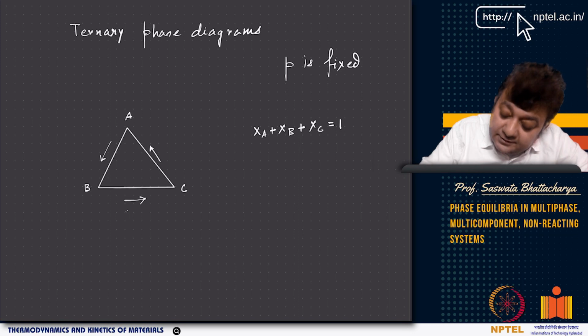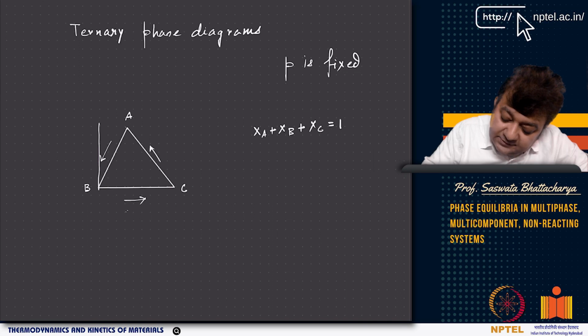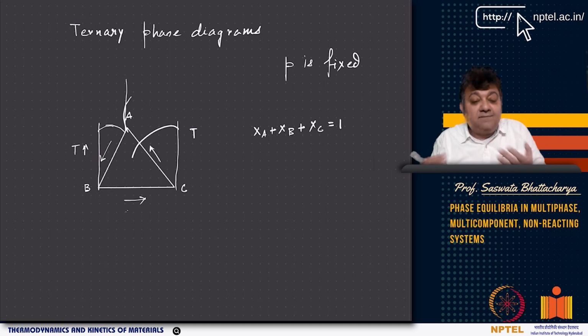So basically you have this type of a composition axis, but where is the temperature axis? If you have to draw the temperature axis, then again you have to look at a 3D picture, because temperature is going this way. So you are looking at a 3-dimensional picture, and there are these phases coming inside. Say for example, you have another thing coming inside. So it becomes very complex to understand.